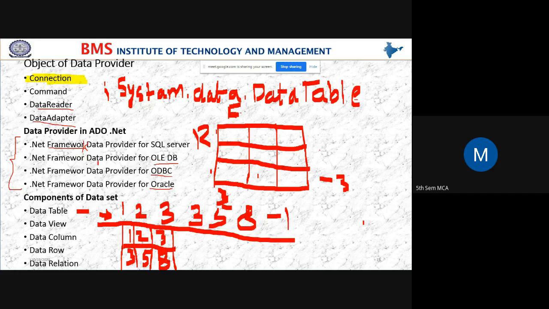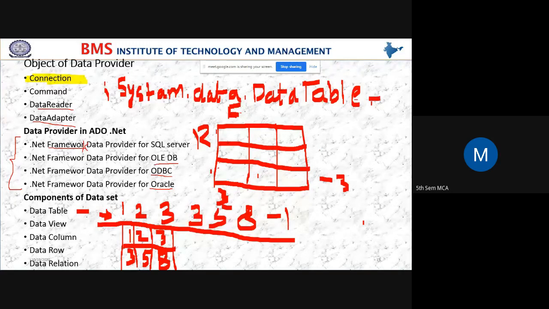Yes, students, this is the namespace we need to include in the program if you want to use a table in your program, that is System.Data.DataTable. This namespace you have to include in the C# program.